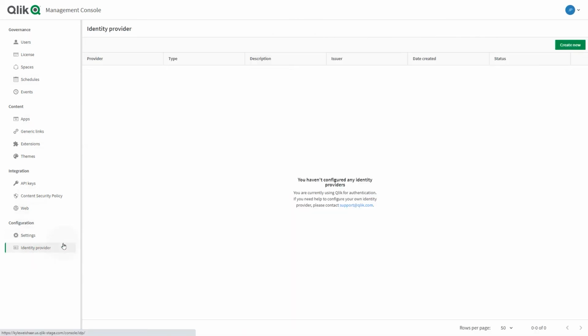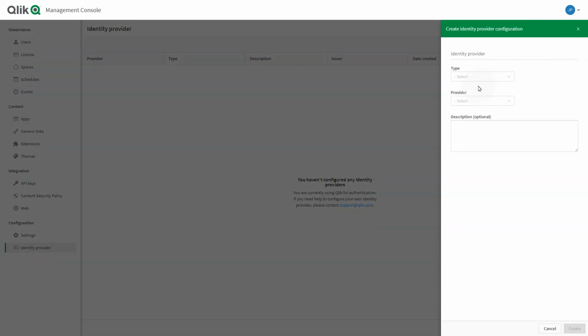If you've set up an IDP for your SaaS editions of ClickSense Tenant, you can create an IDP configuration in the Identity Provider section. You can choose between the Interactive Identity Provider for user logins, machine-to-machine for API access, or multi-cloud for entering your local bearer token to create the Identity Provider configuration.